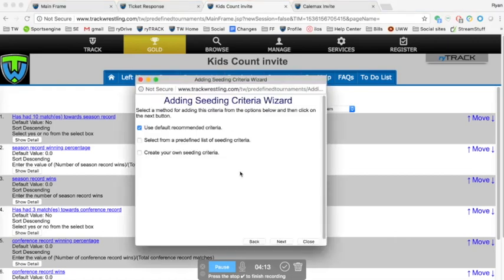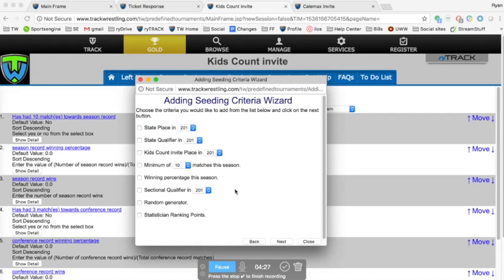And then I'm going to select, and there's some different ways, and you might want to test these and play with these, and obviously on the testing site is the place to do that first. But I'm going to select from a predefined list, and this is where most people will go to add criteria. And you can see that there are all kinds of different selections here, but I'm going to say that I want to know how these guys did in the state tournament